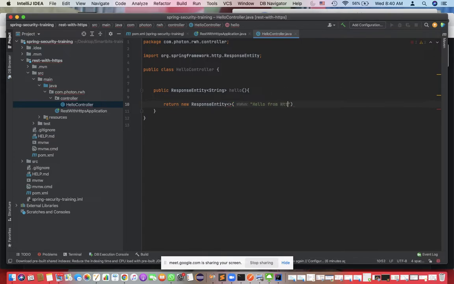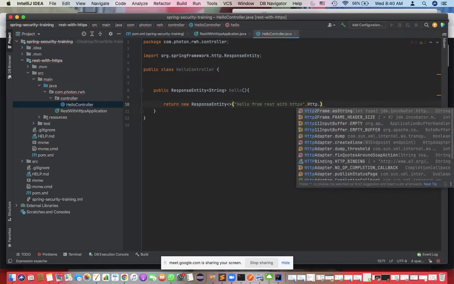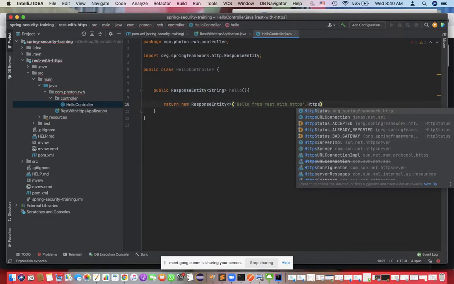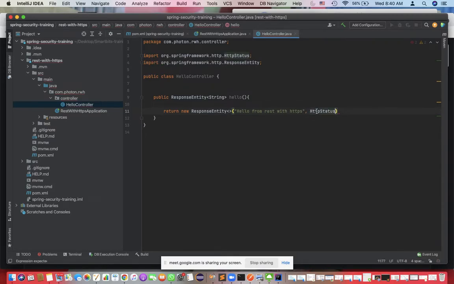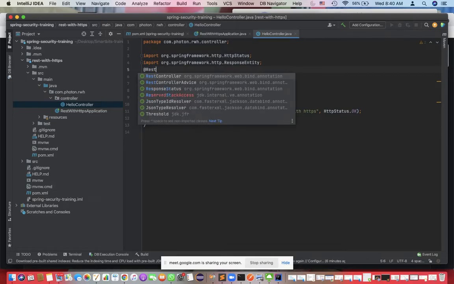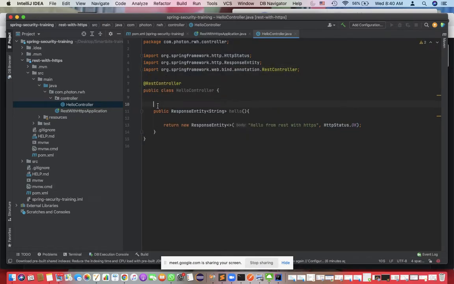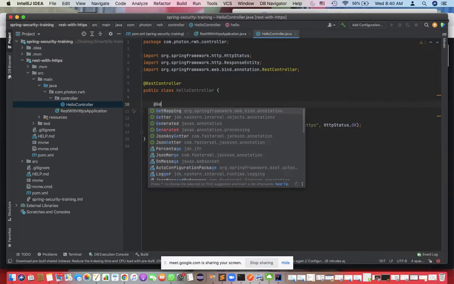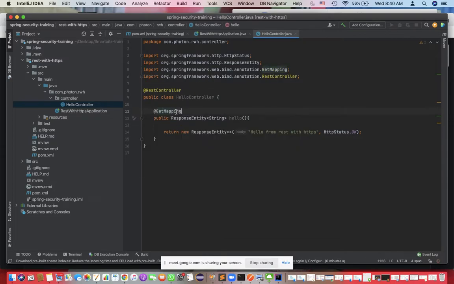from REST with HTTPS, and my status code will be HttpStatus.OK. Now I need to annotate this with RestController, and I need to annotate this with GetMapping.